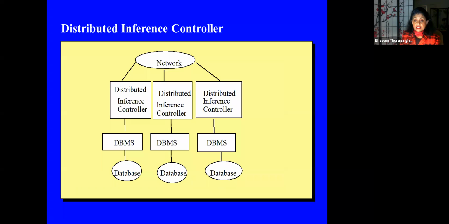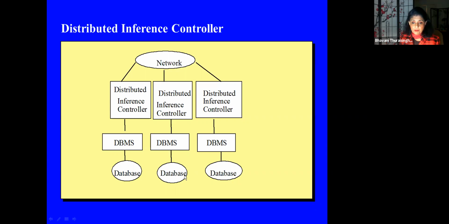Okay, so now we have, I think I talked about it in one of my earlier presentations, the distributed inference controller. So again, you have 3 sites, 3 database systems managing their own local databases. So you have a local inference controller. In my earlier picture, I think I showed you, they manage the local inferences, right? And then the distributed inference controller. So once you sanitize all of this data, then this distributed inference controller will communicate with its peers and see, is there any information at the other sites, right?